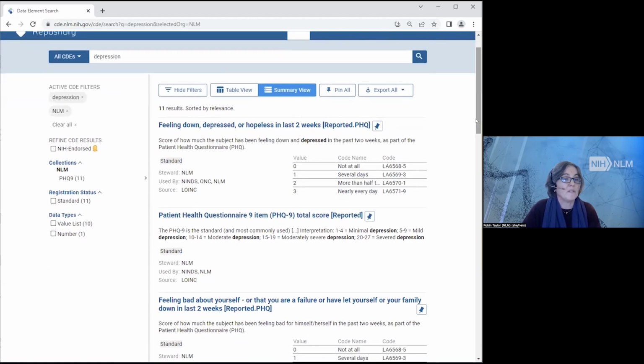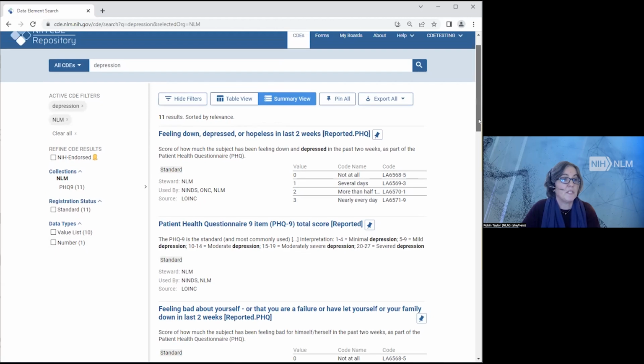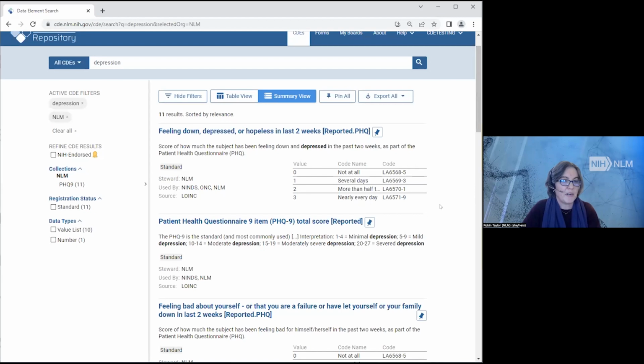So I've narrowed my results now. Now I just have 11 results. That feels a lot more manageable than 598. I am looking at these, and one thing I'm noticing, I just want to point out to you, is I searched for the word depression, but the search engine is going to look for some synonyms. So it's looking for the word depressed as well. There are other search strategies you can try, but it's going to cover some of the basic things for you